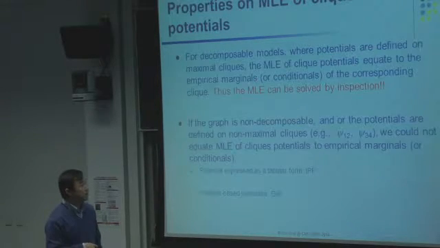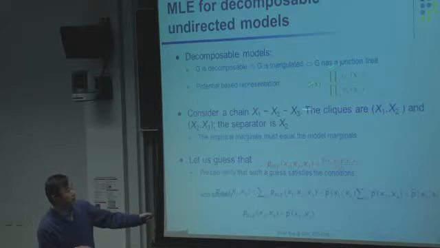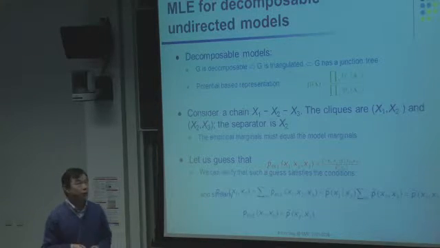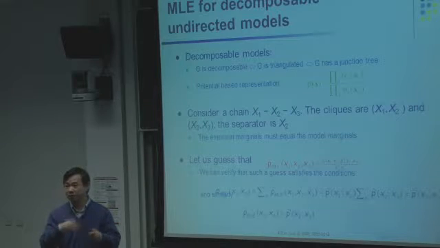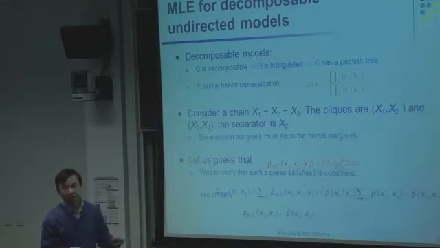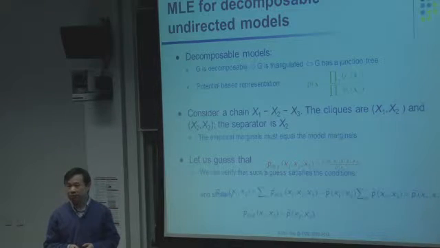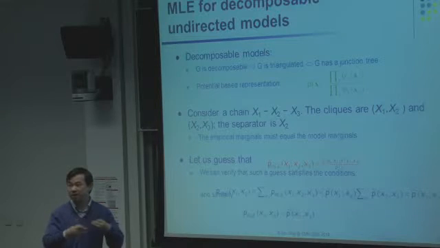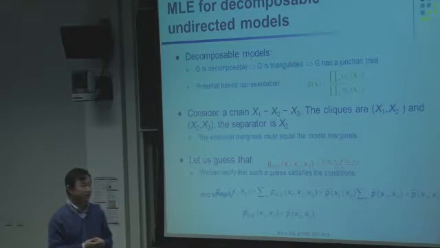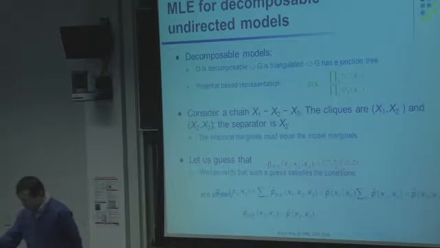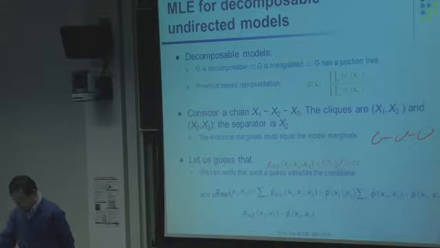decomposable graphs. Because their definition comes to this form, there is a potential for you to establish a one-to-one correspondence between the potential functions versus the marginals of the cliques. Okay, this is just by pure inspection. You really don't do any derivation, but by inspecting it, for example, I have a graphical model of 3 nodes, which is of course a decomposable graph, and then